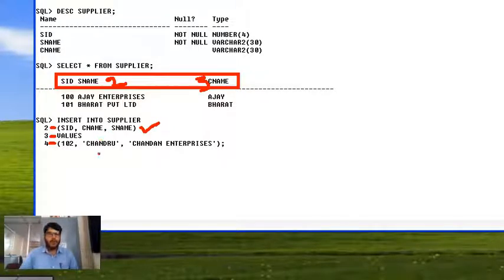But while passing the values, you should maintain the order. So first I have mentioned SID here, so you need to pass the SID value first. Later on I have specified C name, so you need to pass the contact name, not customer. And after this, I have used S name here, so you should pass the supplier name. In the same order, you need to pass the values.